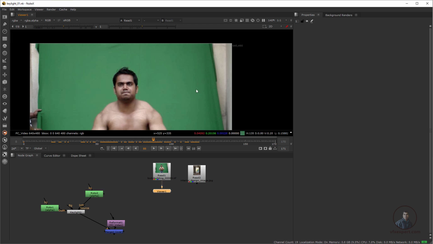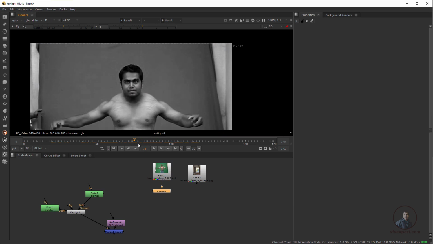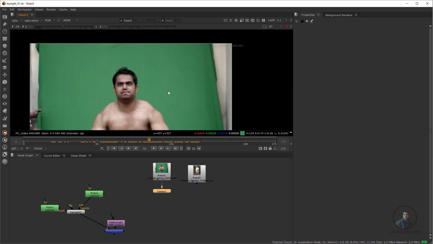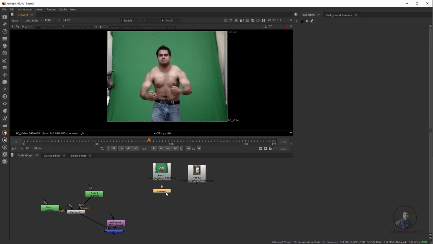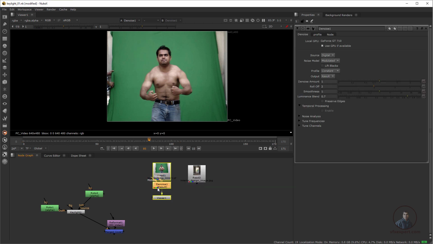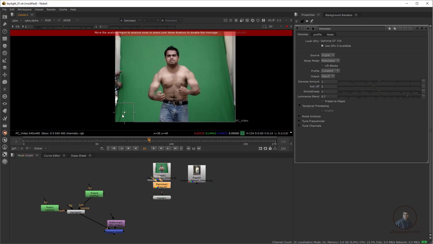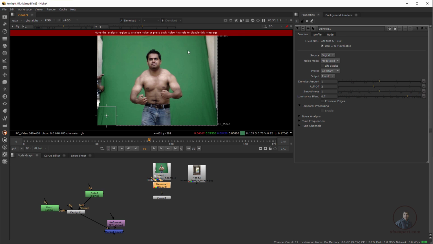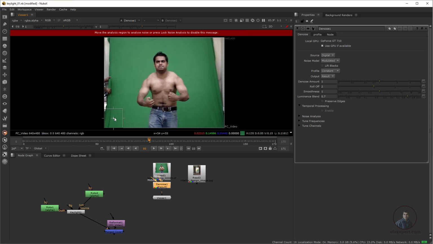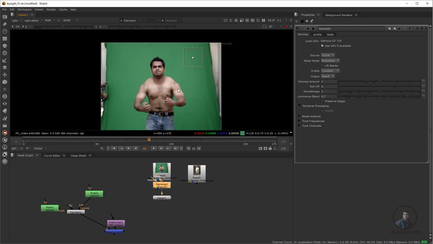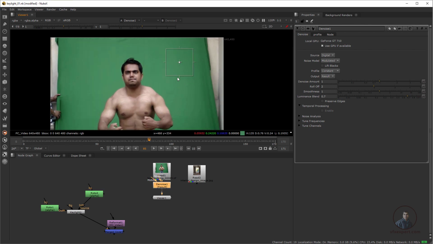If you want, you can just press B here, so easily you can see it in our blue channel. Okay, now again just press B here. Now in RGB. Okay, so first we will remove the grain or noise here. Then select the footage, press tab and just type denoise. After that, just select your sample from your chroma background or green background, take this area and just place it here. Okay, like this.